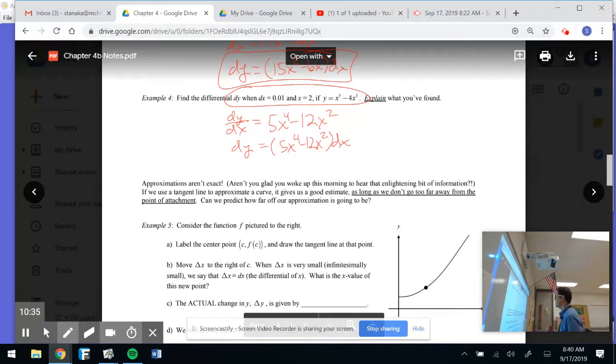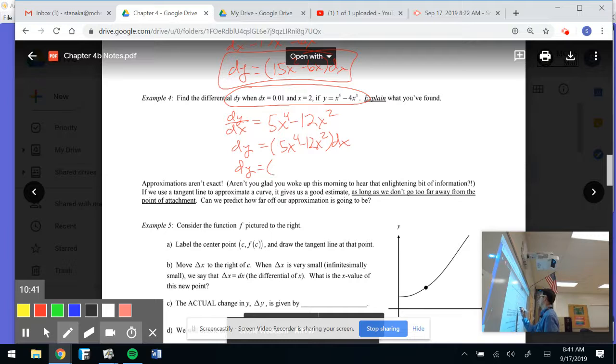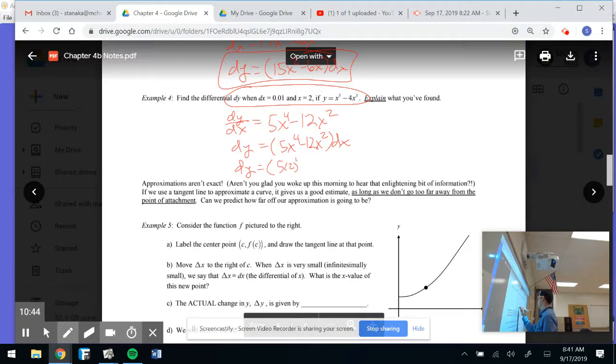But guess what? They give me an x value and they give me the change in x. So we're going to be able to say what happens here. We go 5 times 2 to the fourth minus 12 times 2 squared, and then I multiply by that change in x, which is 0.001. I get an answer of 32. Well, what does that mean? That means, and this is the important part,